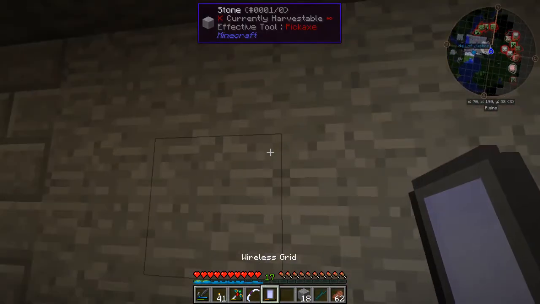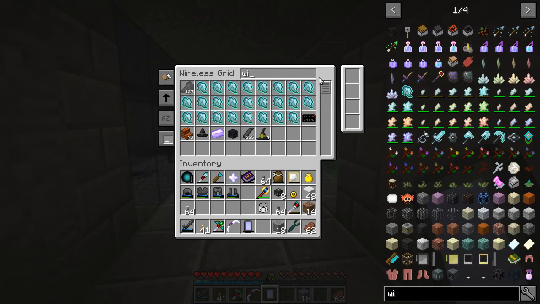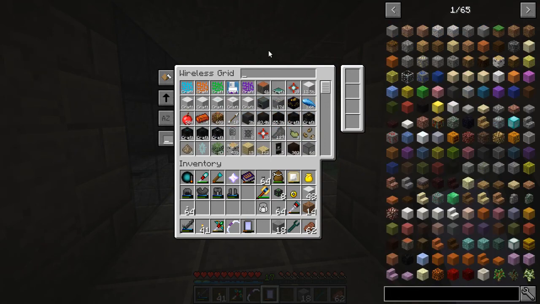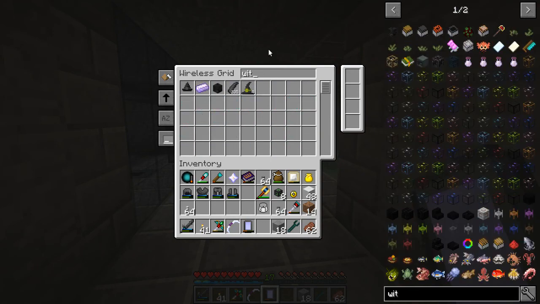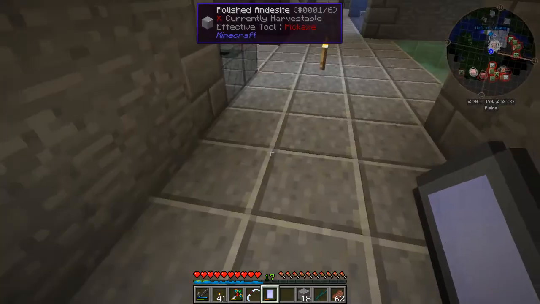Can we make a wither? I don't know that we can. I want to see if it does. So let's see, oh shoot, what did I do here? There we go. Wither. I have one wither skull, so I'm going to have to kill some more wither skeletons, which is easy